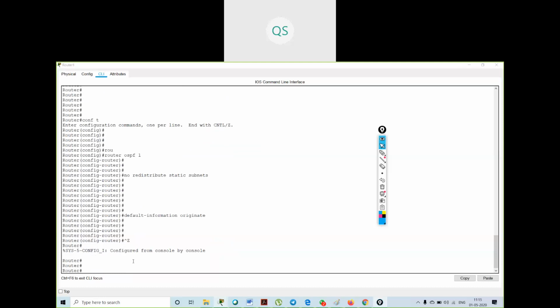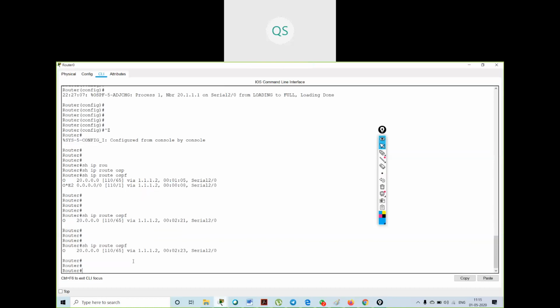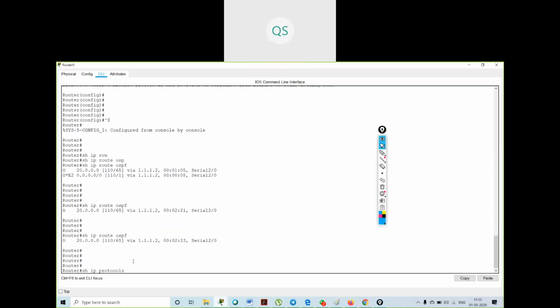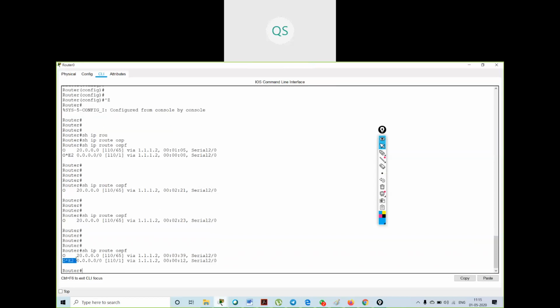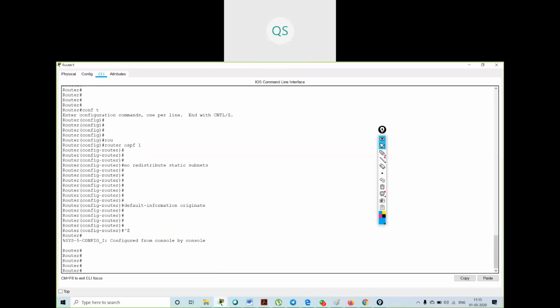Once I give this command and go on this router and say show IP route OSPF, see, I got the routes over here. Understood? So in OSPF, you cannot use that redistribution command. One more command that you can use over here in OSPF is